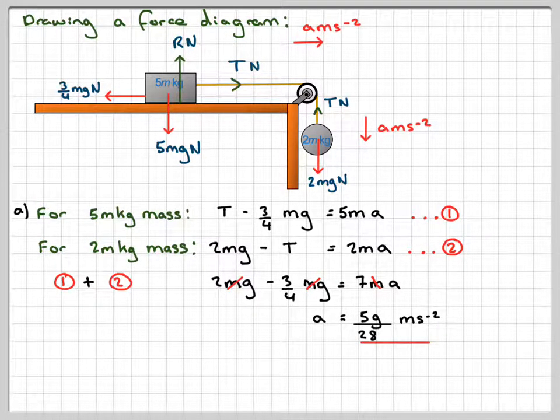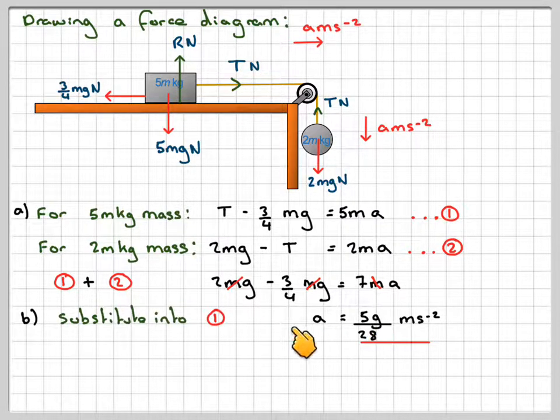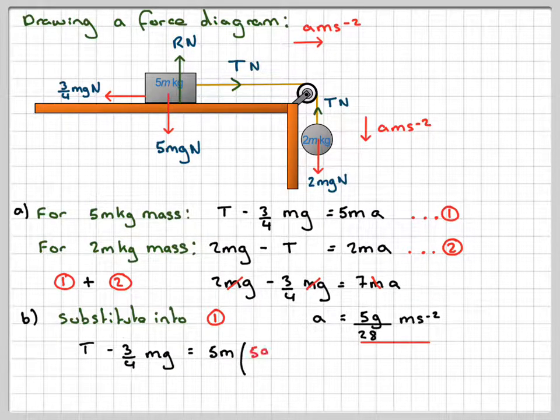In order to answer part B, the tension in the string, all we need to do is take that acceleration and substitute it back into either 1 or 2. I'm going to do it into 1, so I've got T minus 3/4 mg is equal to 5m times my acceleration, which is 5g/28. Therefore, T will be 25, since 5 times 5 is 25,